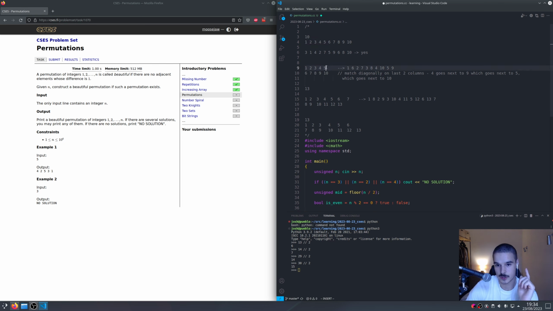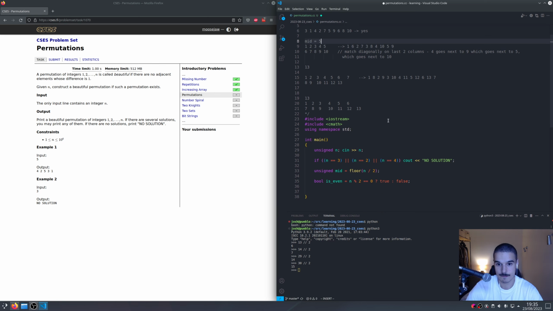So between the range of 1 and 5, so our mid here is 5, we print whatever number we're currently at in the range, and then whatever number we're currently at plus the midpoint. Then if it's even, we can just exhaust that loop and it's fine. But if it's odd,